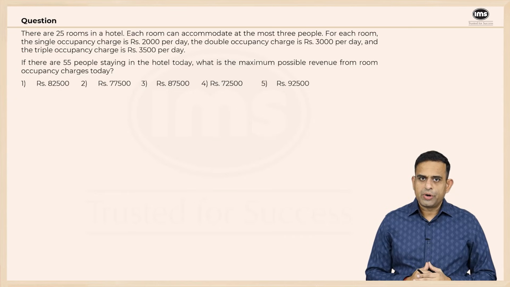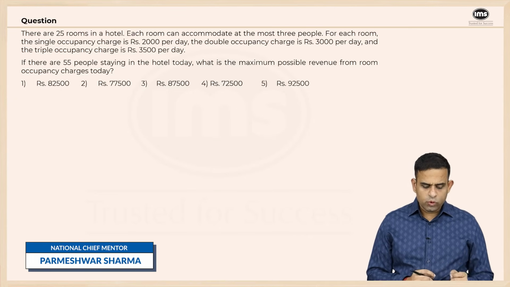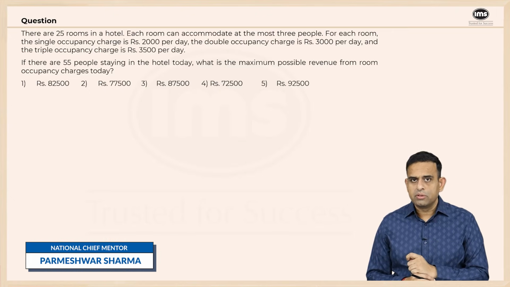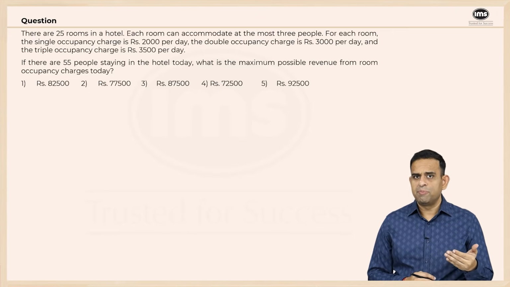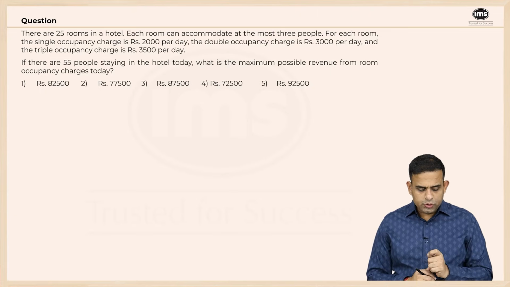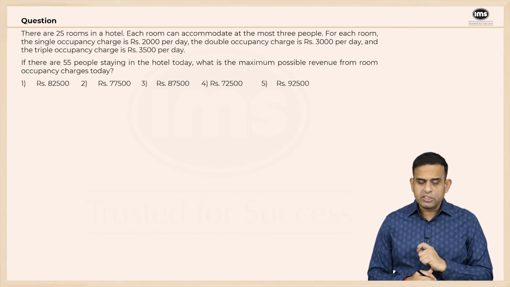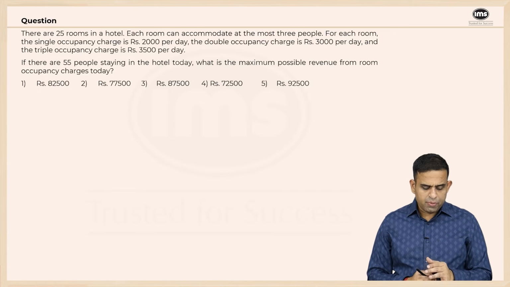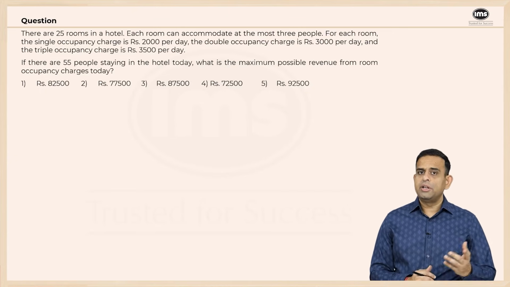If I look at this particular question, it is given that there are 25 rooms in a hotel. Each room can accommodate at the most 3 people. That means in a room, one person can stay, or 2, or basically 3. For each room, the single occupancy charge is rupees 2000 per day. The double occupancy charge is rupees 3000 per day, and the triple occupancy charge happens to be 3500 per